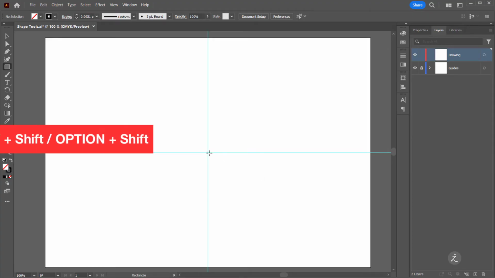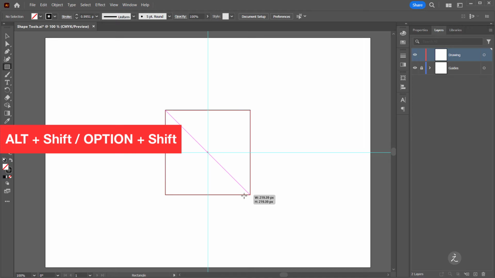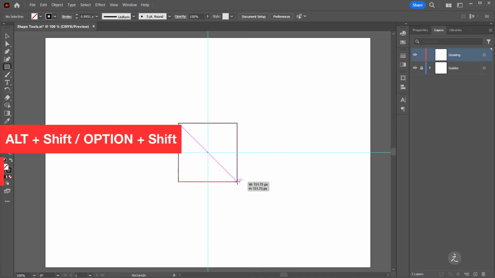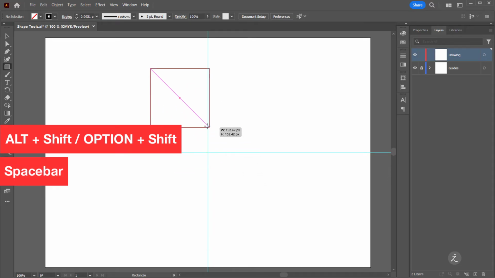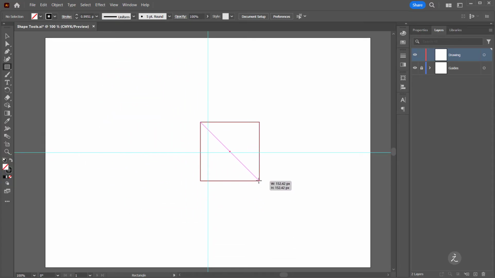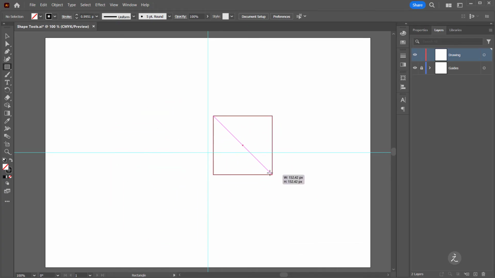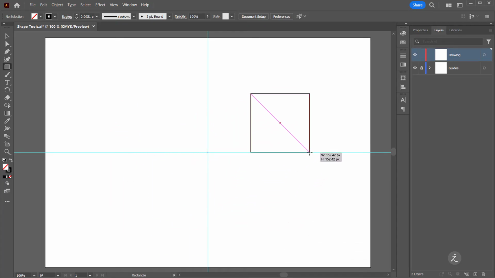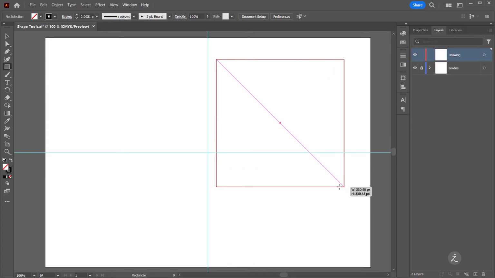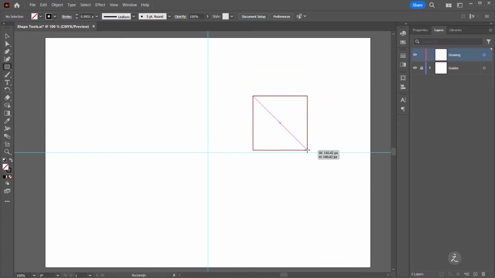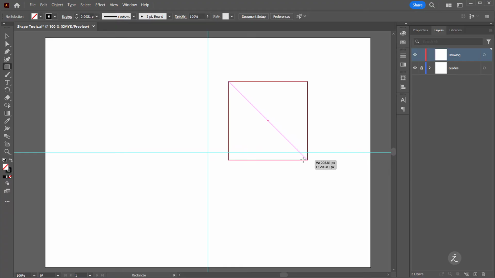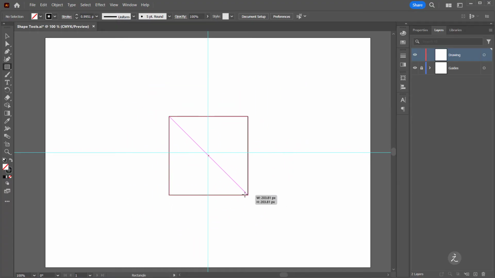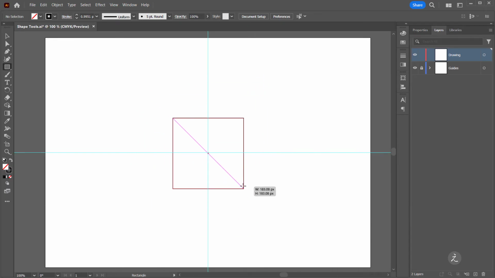Here's another great shortcut if I want to reposition the shape while I'm drawing. I press and hold the Alt-Shift, Option-Shift. I'll start drawing from the center out and use the spacebar at the same time. The drawing operation gets suspended, and this way I can position the shape to the desired location. I'll release the spacebar and continue drawing. Once again, using Alt-Shift, Option-Shift, I'll add the spacebar into the mix to reposition the rectangular shape, release, and continue drawing from the center out.